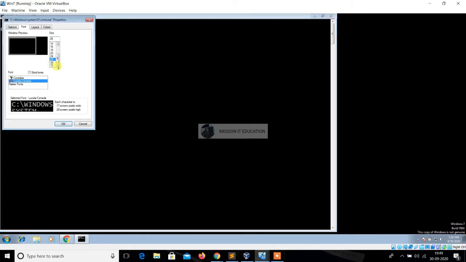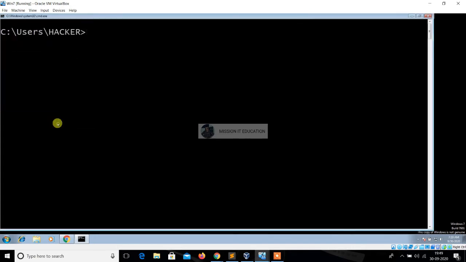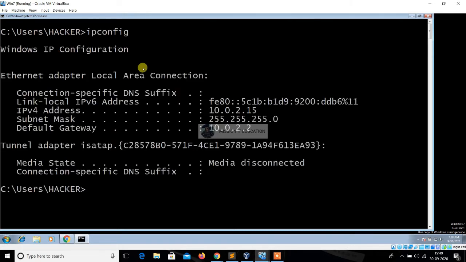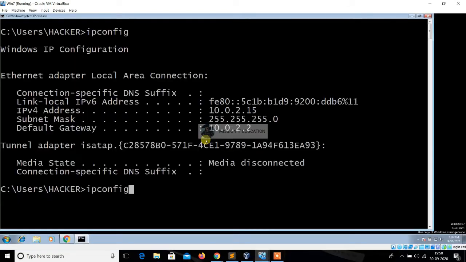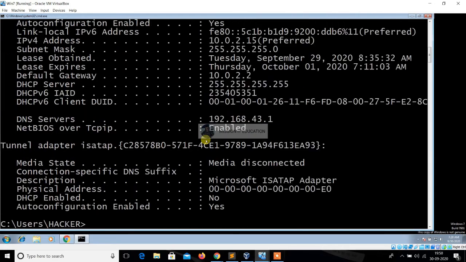The first command is ipconfig, the internet protocol configuration. The command focuses on the Windows part, and it shows all the information related to the IP address, the MAC address, physical address, gateways, routers, all the stuff. After that, the command is ipconfig/all. It shows all the information related to networking: DHCP address, DNS, MAC address, as well as the different tunnels and protocols. Everything it shows in ipconfig/all.